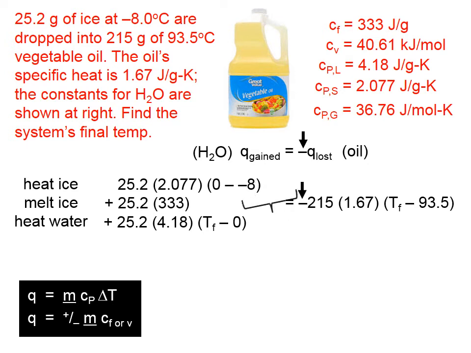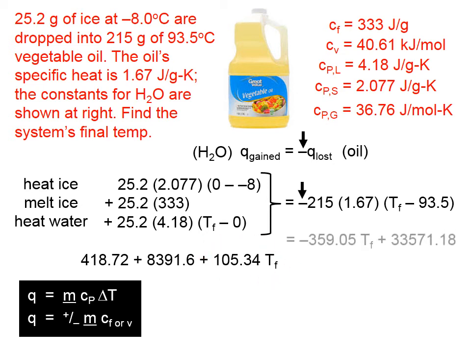If we combine all of these and set it equal to what's written on the right, then solve for T sub f, we should be done. When we heat the ice, it takes about 418.72 joules to do that. To melt the ice takes 8,391.6 joules, and then to heat the water, we've simplified as best we can